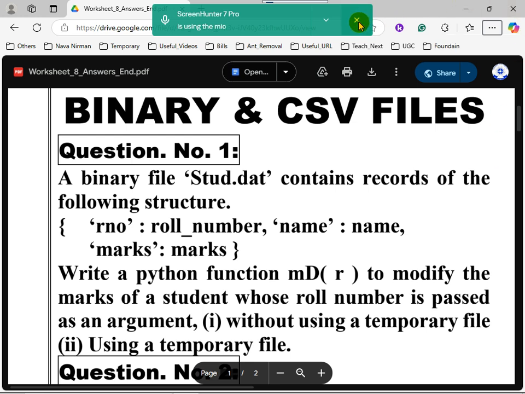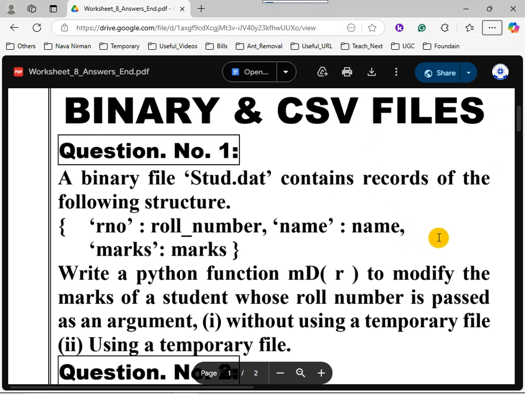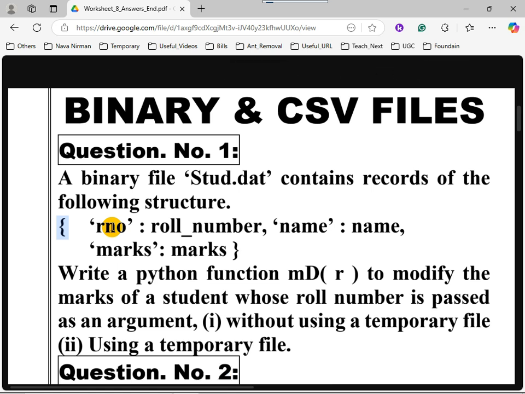Number 1. A binary file stud.dat contains records of the following structure. It's a dictionary: RNO colon roll number, name colon name, marks colon marks. Write a Python function md(r) to modify the marks of a student whose roll number is passed